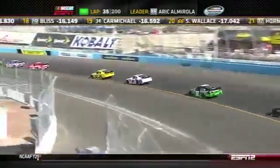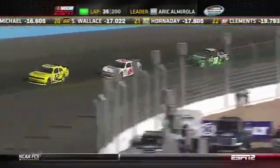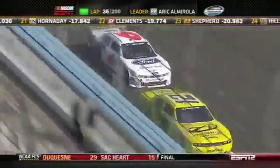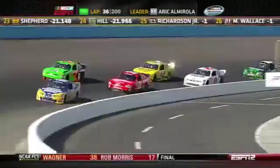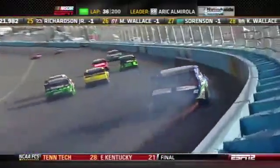Yeah, I think Ricky Stenhouse is just fine for right now, running in this position. He knows that he's past the 2. He's back behind him. I think Ricky's a little faster than Sam Hornish, but there's no reason to push the issue too much. Yeah, especially in all this lap traffic and all the unknowns. You just don't know which way they're going to go. Now he's going to push the issue a little bit. Try to get by Sam. He's got Sam kind of...